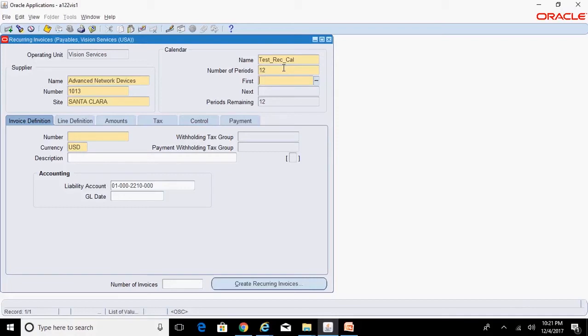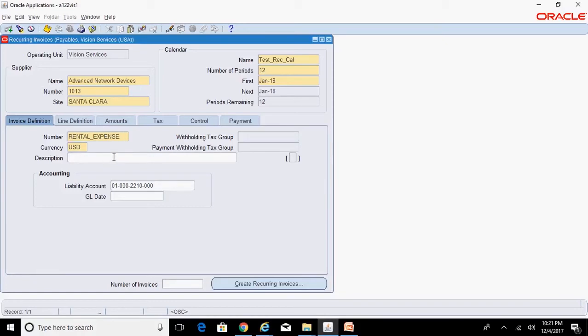And what is the first period for which you want to create your recurring invoice? I want to create the recurring invoice with the first period as January 18. And what is the invoice number? I want to use the invoice number as rental underscore expense.